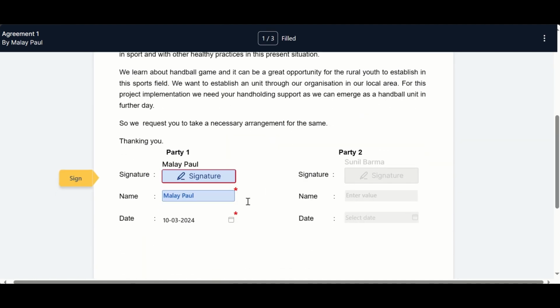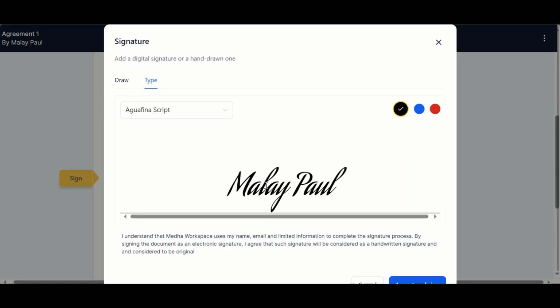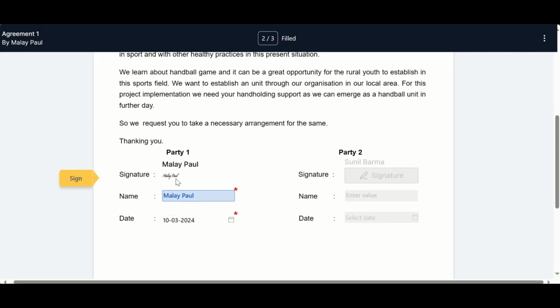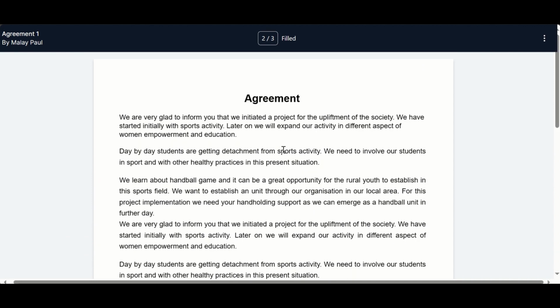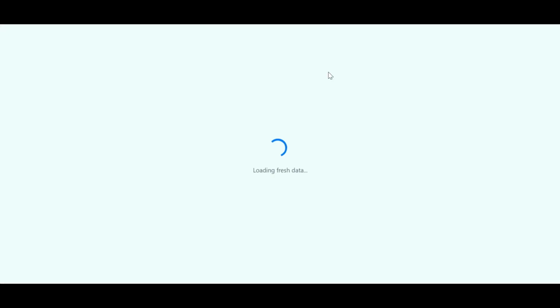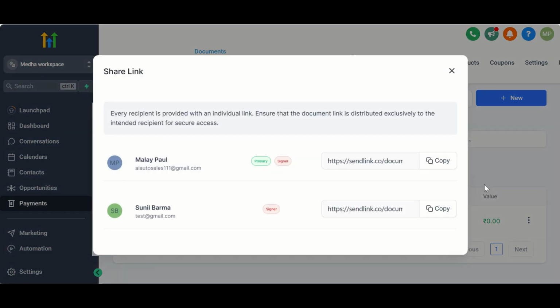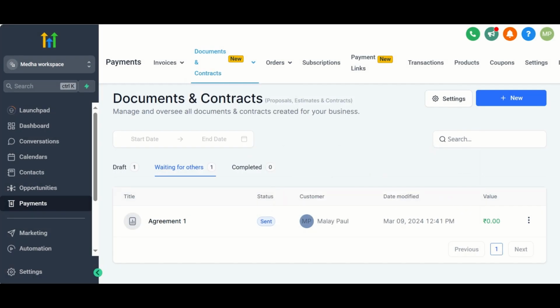When we go to start filling, the file guides me to the signature. If I go to the signature, I accept and sign, then automatically the signature will be put here, and then the document for party 1 is completed. Like that, I also generated one link for Malaypal and one link for Sunil Verma. We can copy it, and also we can send it